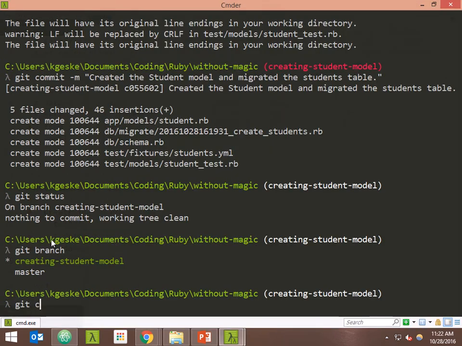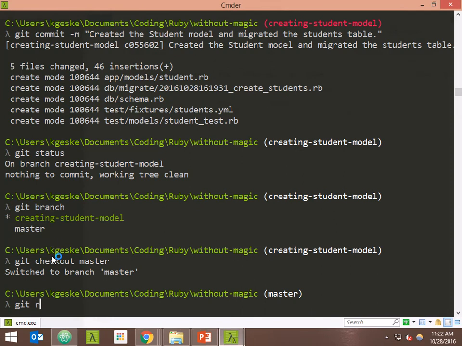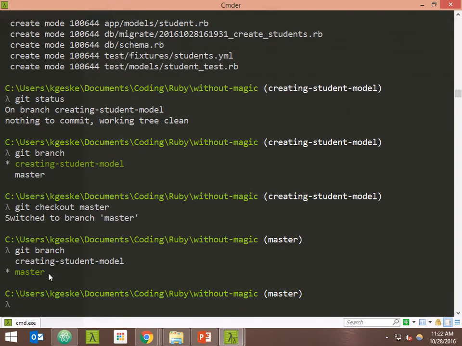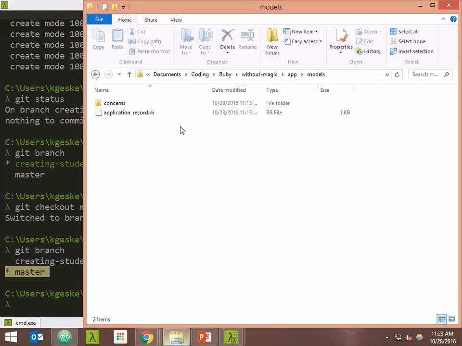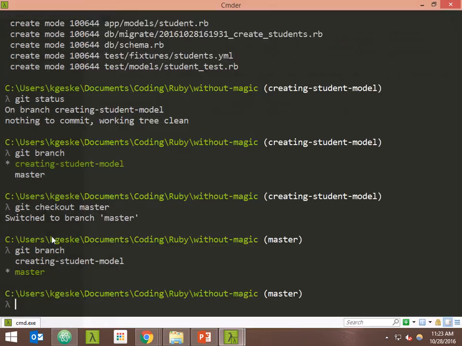If I check out the master branch, so if I run git branch now, we'll see that I'm on master. We can see that in my models folder, the student model is gone. In my DB folder, the schema file is gone. So that's what I meant by having these sort of isolated workspaces. I can switch right back